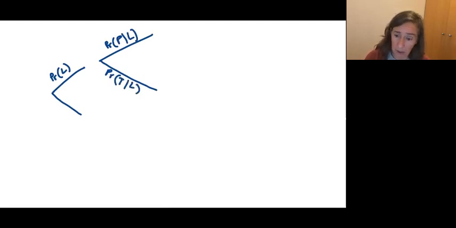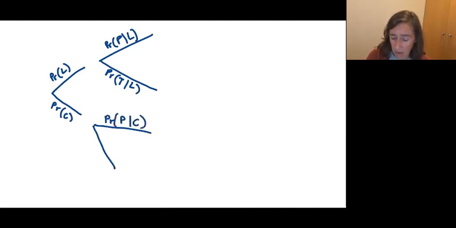If we didn't go down the L branch here, we went down the C branch. C is the complement of L. If you're not liberal, you're conservative. So the probability of being conservative is there, and then we would have the probability of being progressive, conditional on being conservative, and the probability of being traditional, conditional on being